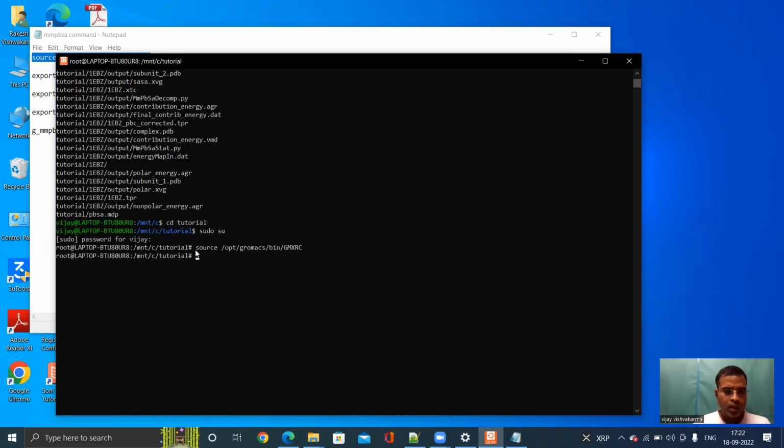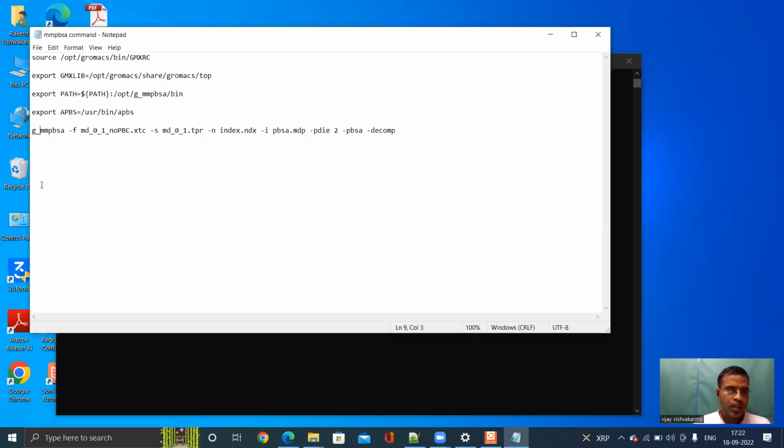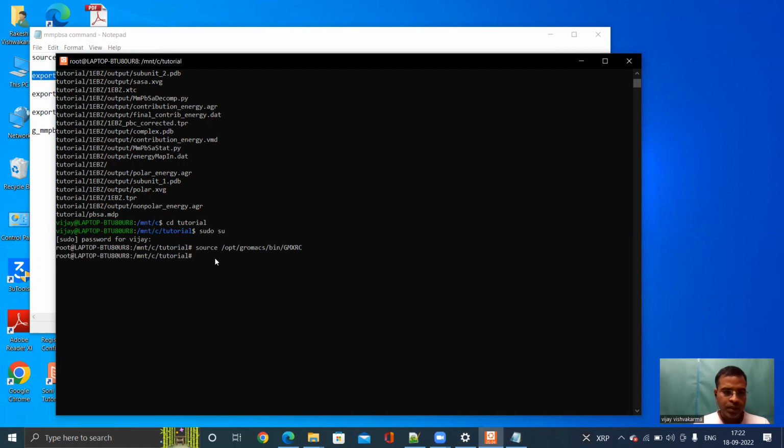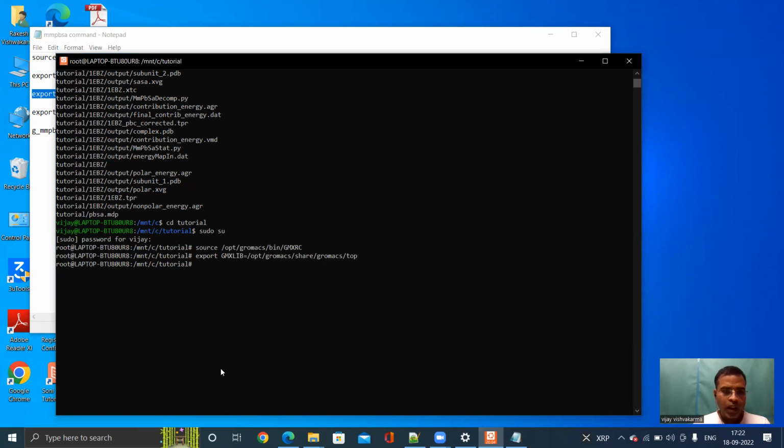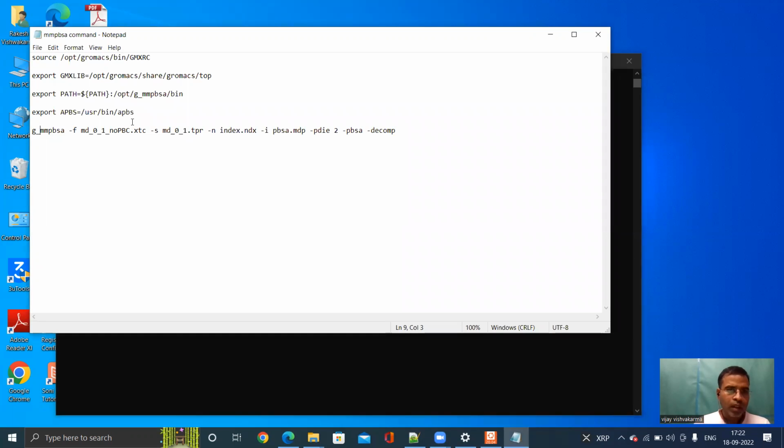Okay, first command. Now the second command is exporting the GMX libraries, meaning GROMACS libraries. Now third is exporting the MMPBSA software. Now the last one is